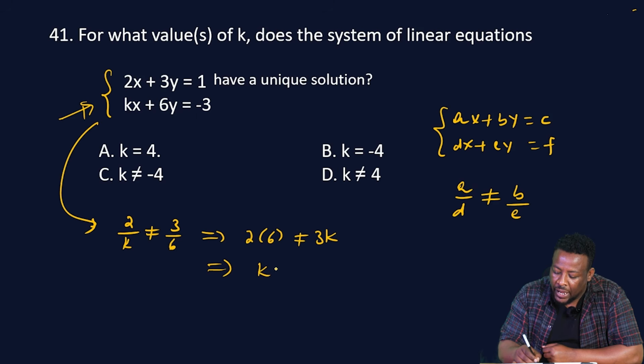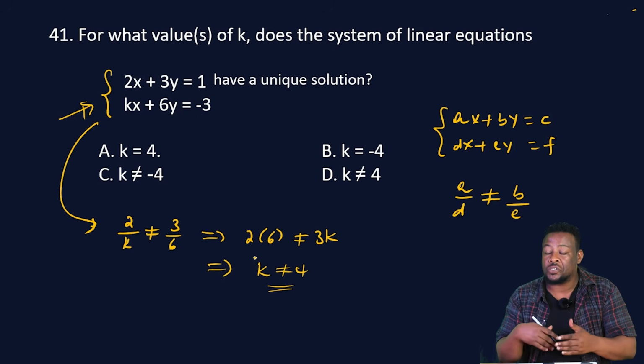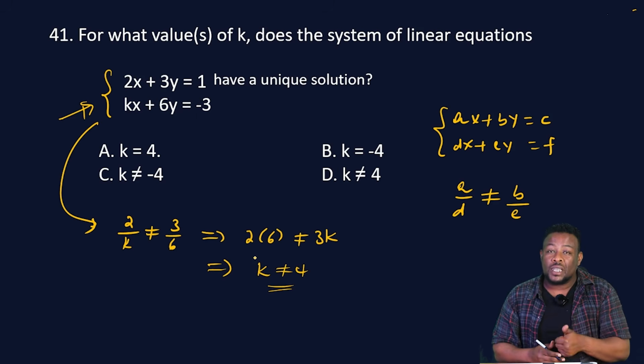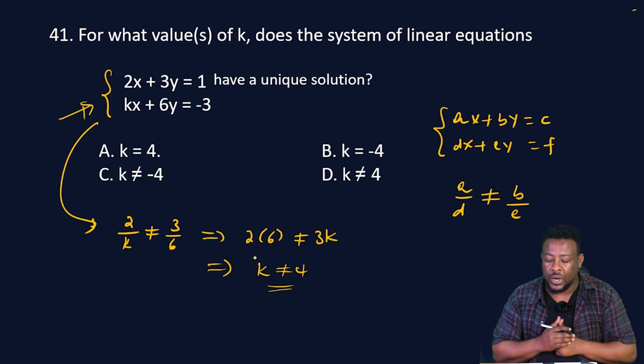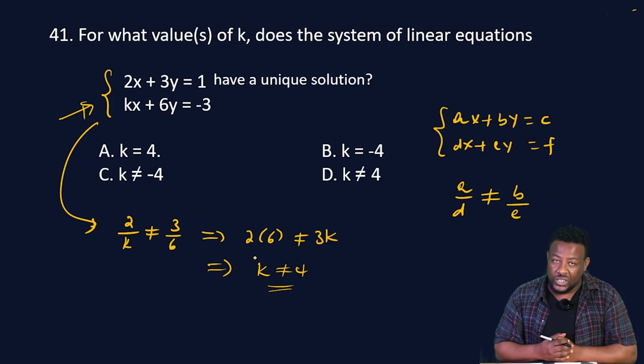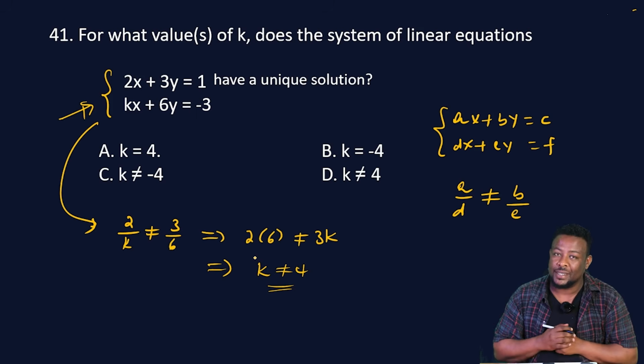3 ምን ይኖረናል k is different from 4 እንላለን okay 12 over 3 4 ነው so የተሰጠን system of equation unique solution የሚኖረው k ከአራት የተለየ ከሆነ ብቻ ነው right so the answer for question number 41 is c okay